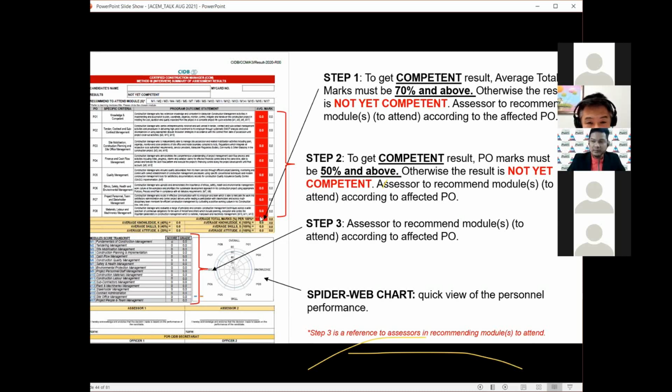There are cases of 69.9 too. The marking is still red because they count into decimals. They're not 70 yet. 69.9, the mark is still red, so we cannot move into green, pass, even when it is very close, only 0.01 short. There is also step 2: all the POs here need to be more than 50. Those POs will be captured by the modules, asked or answered during the interview or